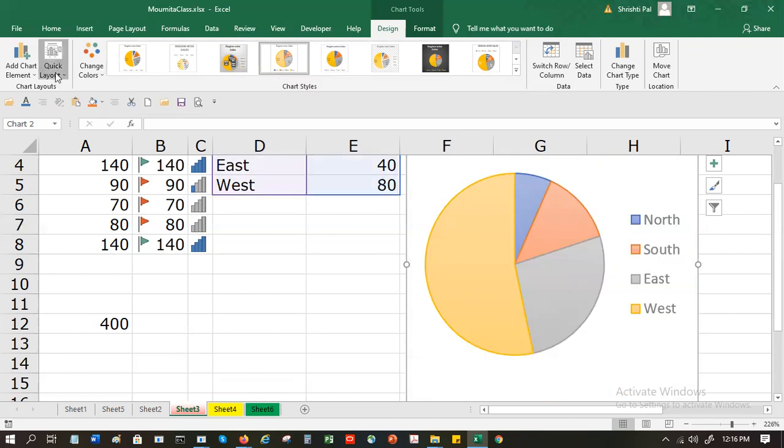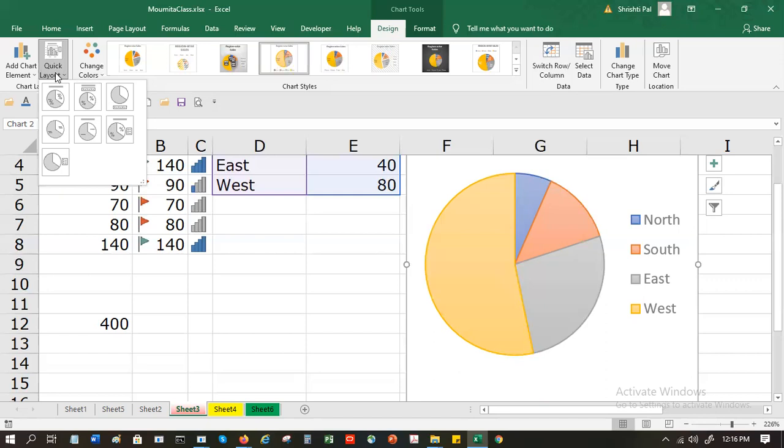Actually, in the default ones, they are distinguishing between layout and style. Layout is the structure. Style is color plus structure, that is color plus layout. The default ones they have given, making these two together. If you want to get more, then I can choose from the quick layout, the color change. You may not be happy with all the styles. You might want something different.